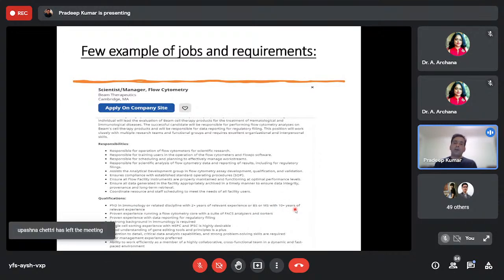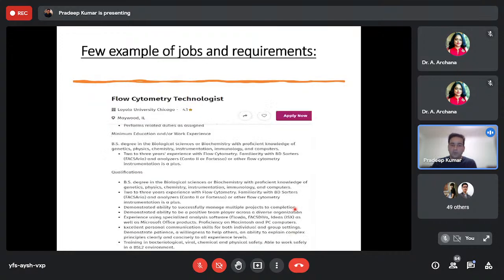So at some point, your education, like your PhD, can be substituted with experience, but it takes almost the same time or comparatively more time as well. But there's no specific rule for it. Some positions need less time, some positions need more time. Another example is flow cytometry technologist, which basically just needs a BSc degree in biological sciences. All these positions outside India look like they need a bachelor's degree with some experience, but in our case, the best is basically to